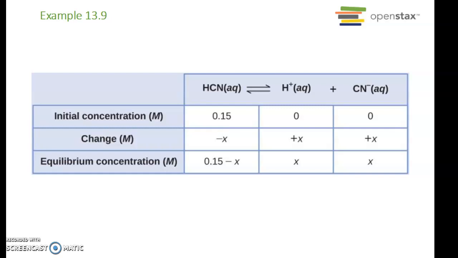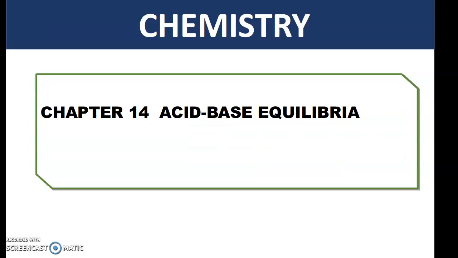And so if you were to do a regular subtraction of 0.15 minus 8.56 times 10 to the minus 6, you can see that's way far out there, and your assumption is very good for being able to ignore that. So that's the end of chapter 13, and we'll then begin the next segment with chapter